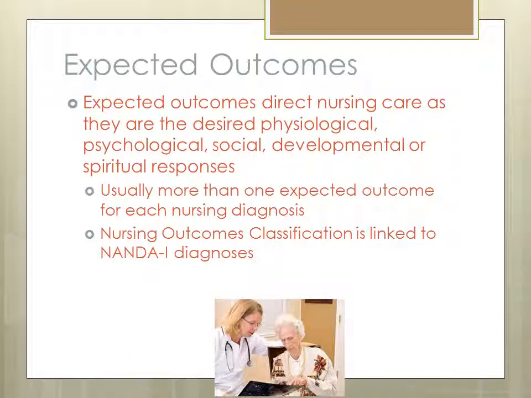There is a common set of outcomes that will allow nurses to study the effects of nursing interventions over time and across settings. How do we determine a goal? Well, first of all, we look at the nursing diagnosis. What do you see that you want to be fixed? That's your goal. For example, you may have alteration in bowel elimination, constipation. Well, obviously we're going to want the constipation fixed. So our goal is going to be,